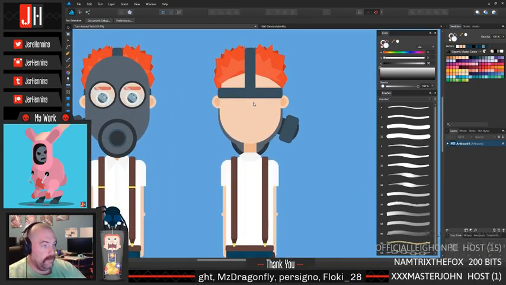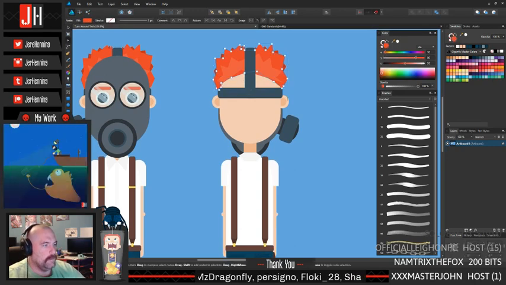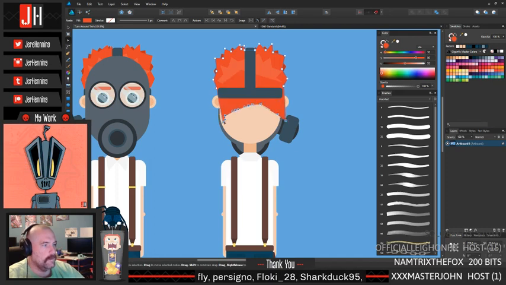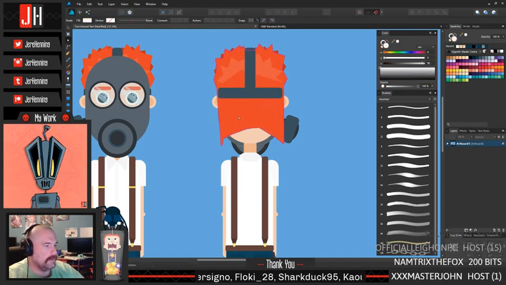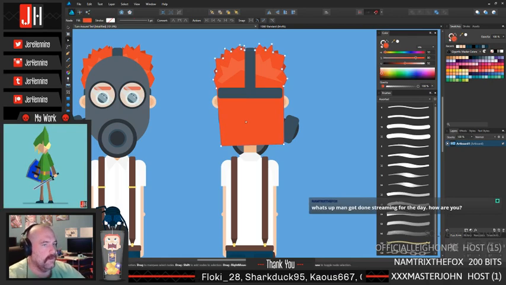Now his hair. This is going to be the interesting portion, because what we want to do is drag a whole bunch of these points straight down. And then we're going to have to shape this. So the best way to do that is we're going to get rid of these points. We're going to get rid of these points. Now,